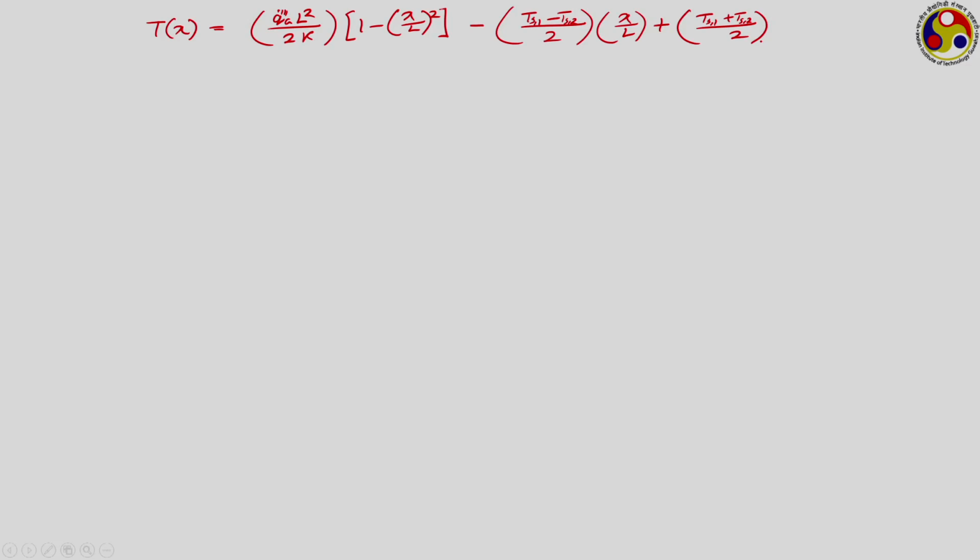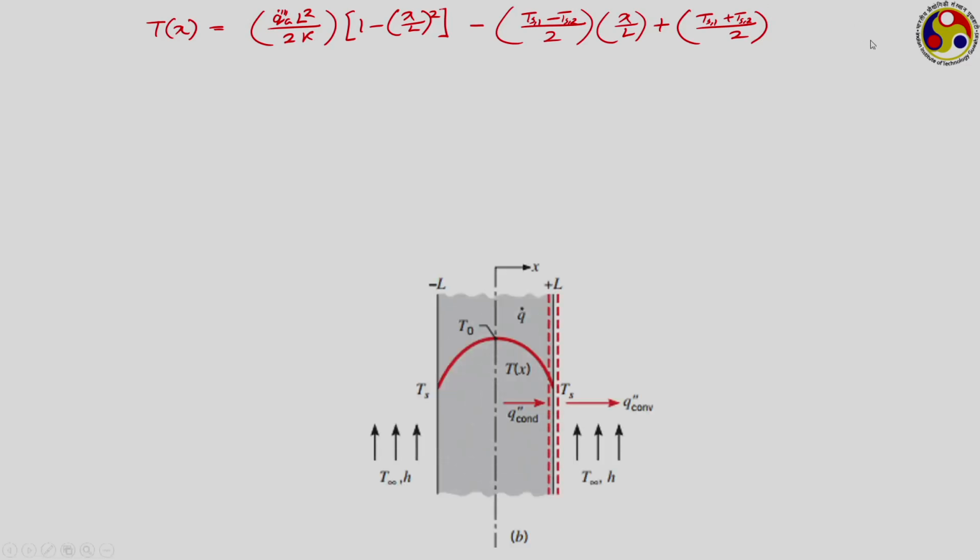So, this was the expression that we had. Now, if we consider a special scenario something like this, where at both x equal to plus L and minus L, we are having the same temperature T s. The temperature is same at that location, T s. Then T s 1 and T s 2 both are equal to T s. Here the system is being subjected to symmetrical boundary condition.